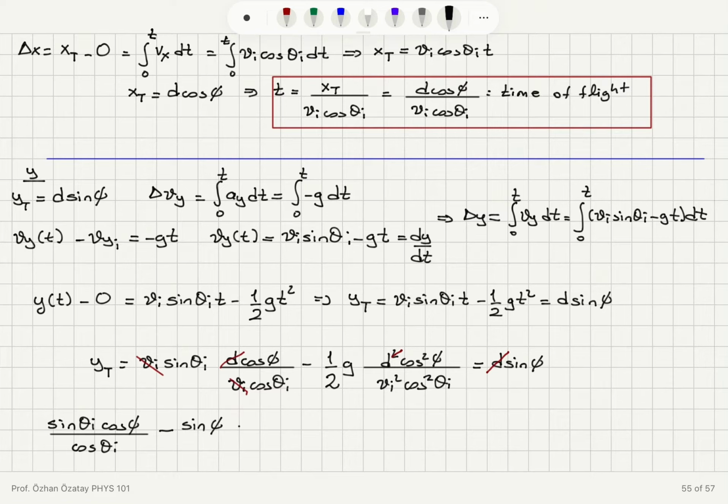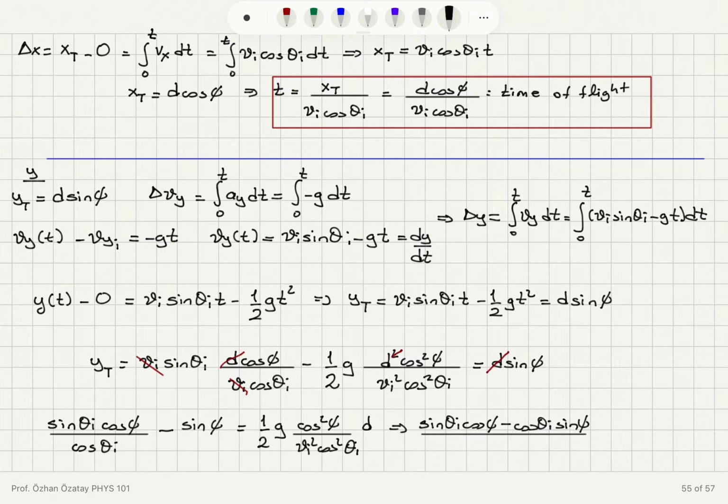So I take the right hand side to the left and take 1 over 2 g term to the right hand side. 1 over 2 g cosine square phi divided by vi square cosine square theta initial times d. So you can see that we have sine theta initial cosine phi minus cosine theta initial sine phi